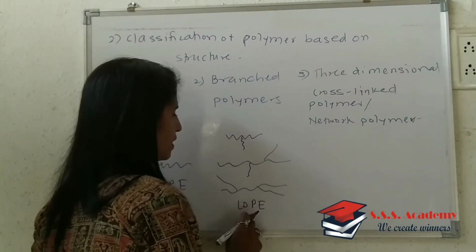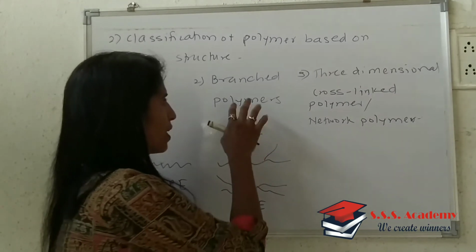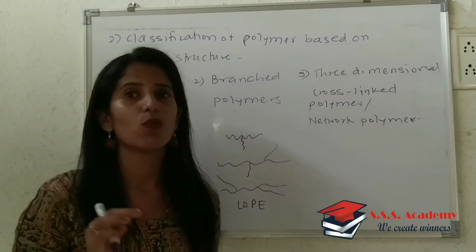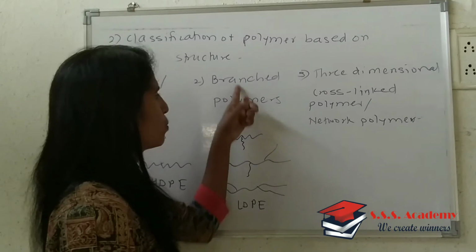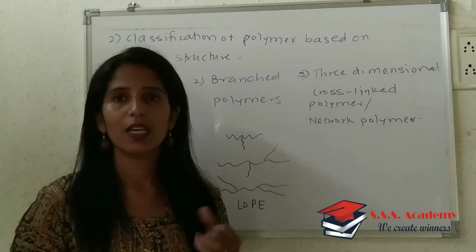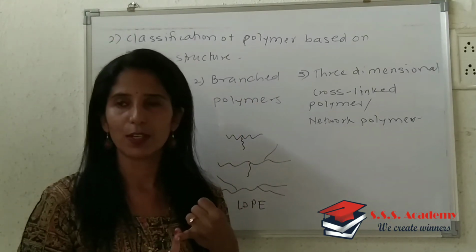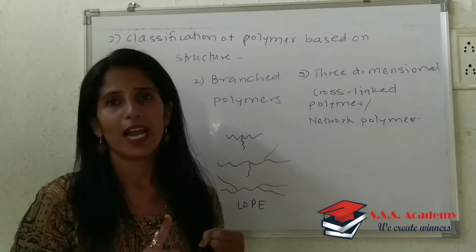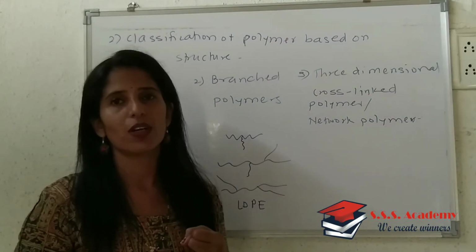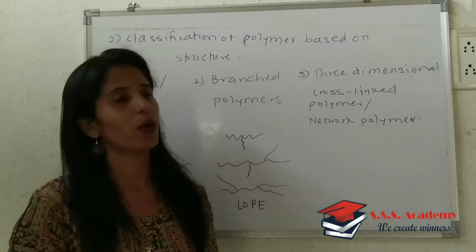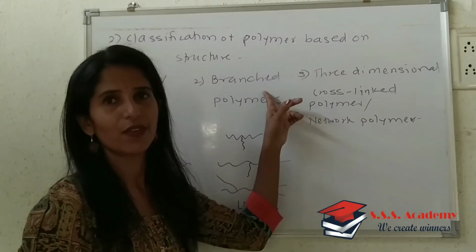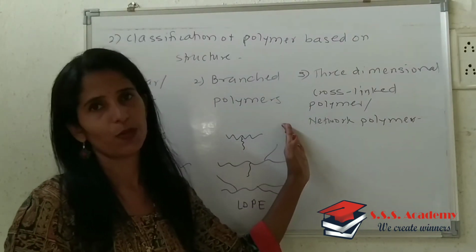It's low density polyethylene. So while explaining this, what will we write? For branch polymers, the monomer unit must be trifunctional or said to possess 3 functional groups, and they get attached to one another or react with one another, resulting in the formation of a branching. Okay, so that refers to the second type, that refers to branch polymer.